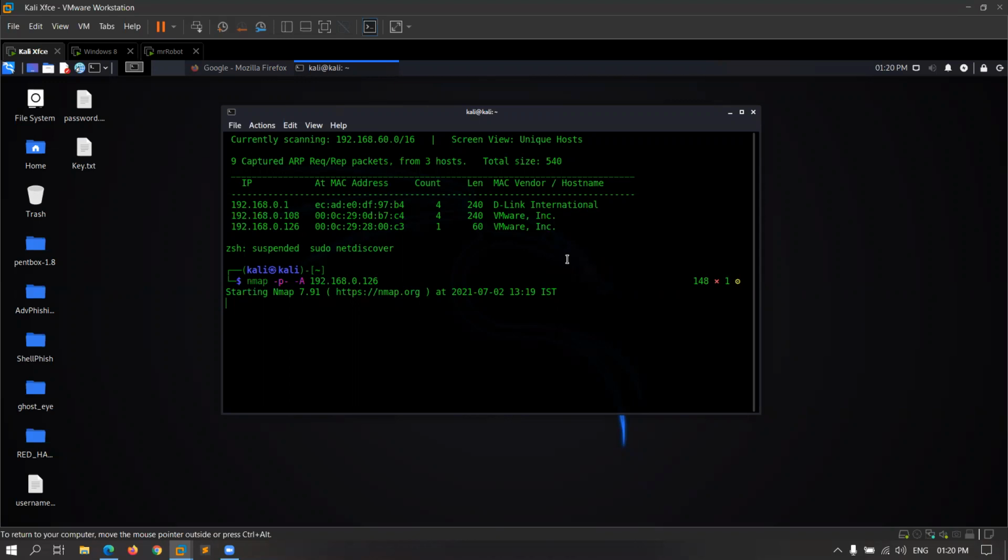So I'm trying to get the information about the ports, operating systems, and services running on this particular IP. It will help me a lot because I don't know where the key is. So we have to find the keys. We have to find the hidden directories. We have to enumerate a lot of things to find the necessary things.